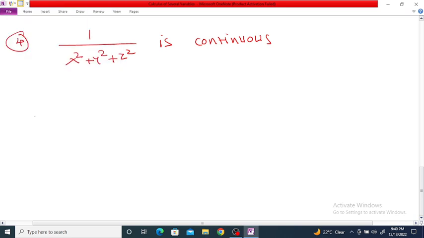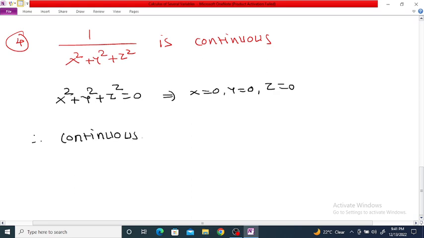Now this function is discontinuous if we get x square plus y square plus z square equal to 0, and this is only possible if x is equal to 0, y equal to 0 and z is equal to 0, and therefore f of (x, y, z) is continuous